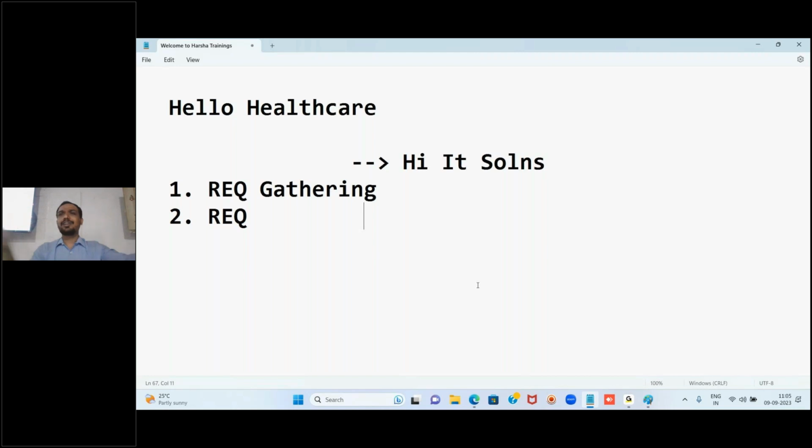We want this, we want that, we want these things and all. We want an application like that. They will tell so many requirements. These people will listen patiently, and they will come to their company, and they will be sitting with senior people in the company, senior project delivery managers, delivery managers, project managers, or senior architects. They will be sitting together, and they will be doing the analysis,